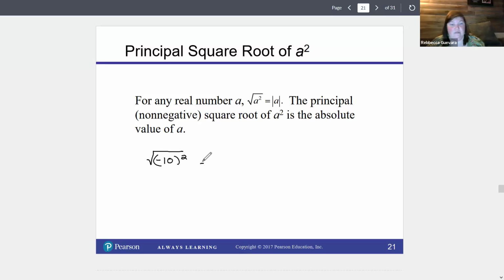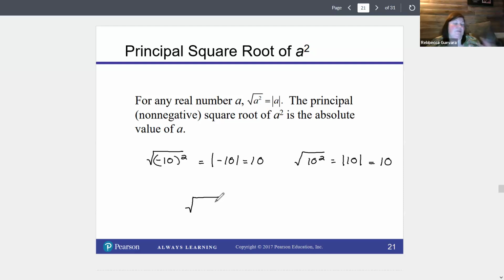The square root of -10 squared, what I'm going to get back is the absolute value of -10, which is 10. If I do the square root of 10 squared, I'm going to get the absolute value of 10, which is 10. Another place this is useful is that if I was doing something like,